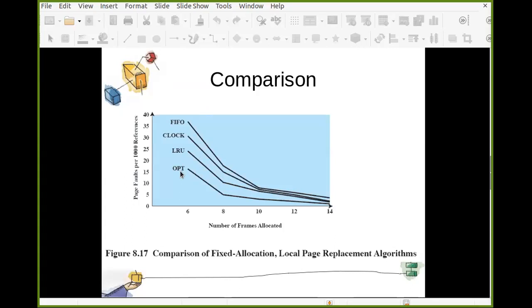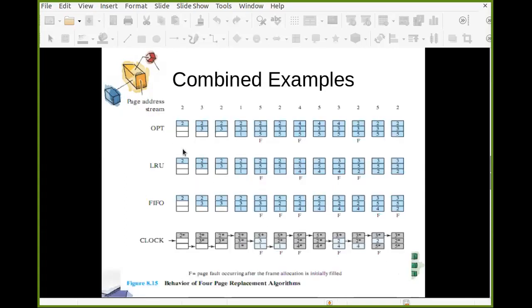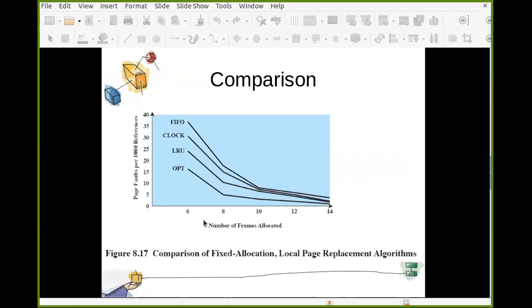This is a general comparison where the x-axis is the number of frames allocated. How many frames are allocated? For example, in this example, we have allocated only 3 frames to the process. And this is the page fault. This y-axis denotes page faults per 1000 references. And if you compare these 4 policies,